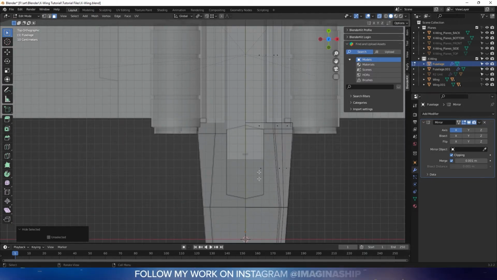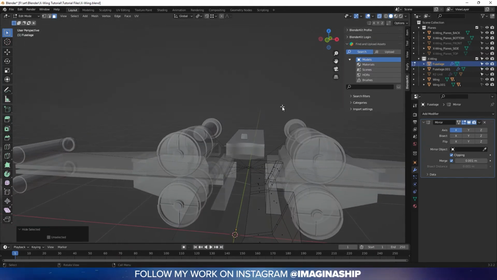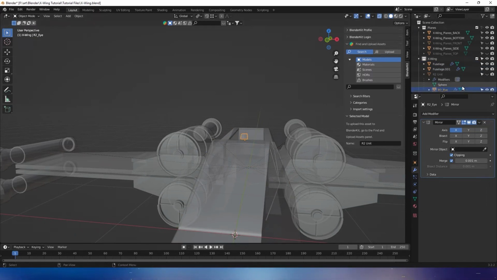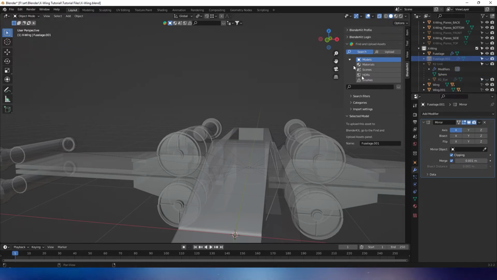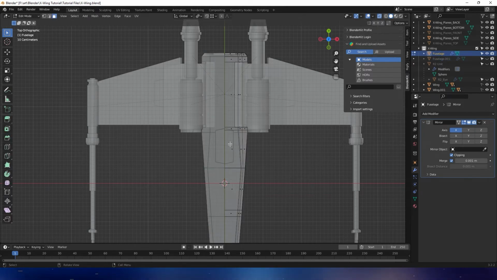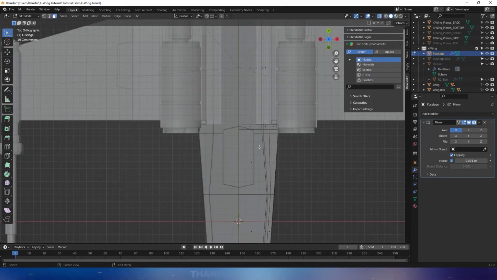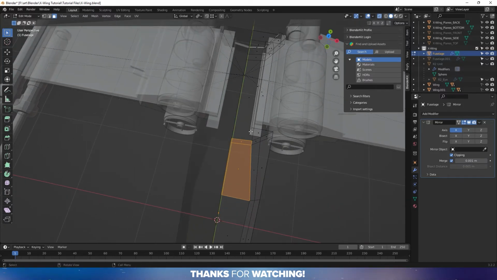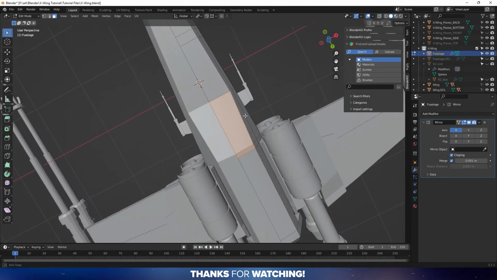Okay, so now you can see this little shape here and everything. Actually, we still have some stuff interfering here. Let's see. Our R2 unit, we need to turn the eye off. And this fuselage section, we need to turn it off. Now let's look back down here. Okay, so basically we have these two panels here on the bottom of the fuselage that we need to